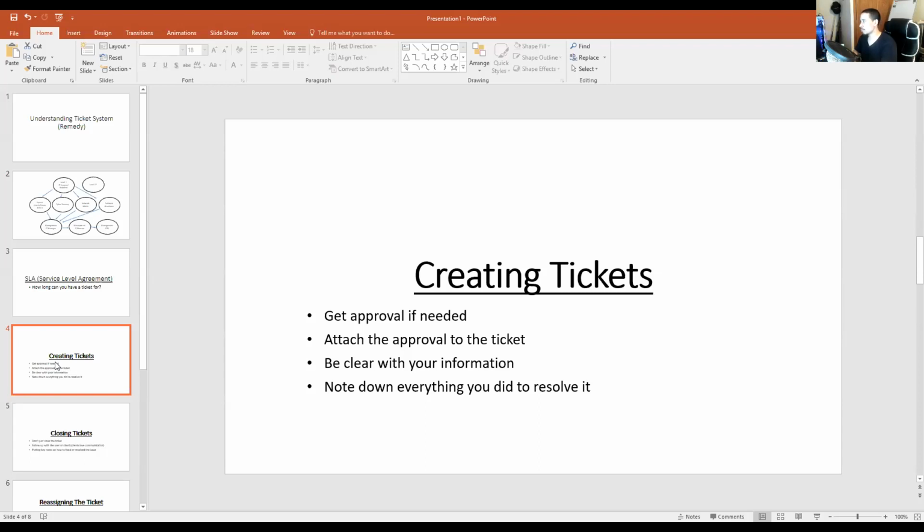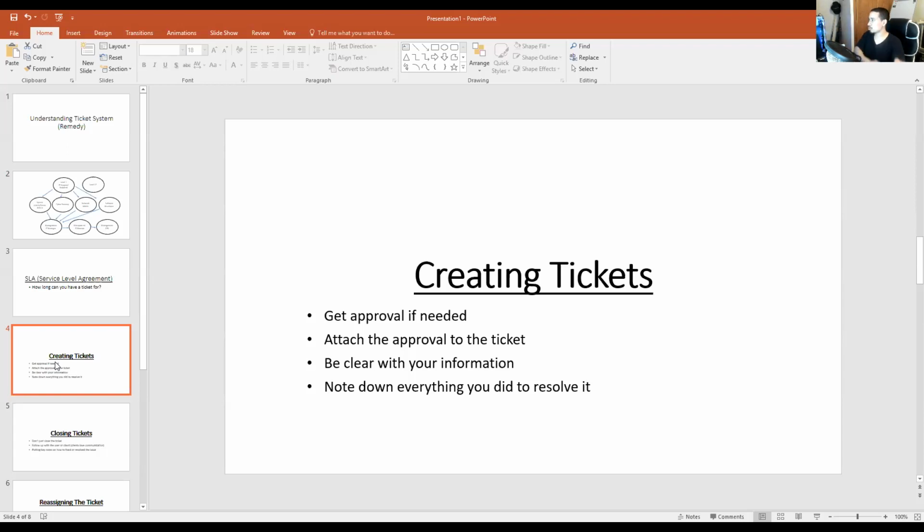So for example, someone had an issue with Outlook. Outlook was crashing, and it was crashing because they had an add-in on Outlook. You want to put that when you close a ticket: Outlook was not responding because of this plugin. I had to go to COM add-ins and disable this plugin. An example like that. You want to make your tickets as clear as possible, so then when you have the same issue again,